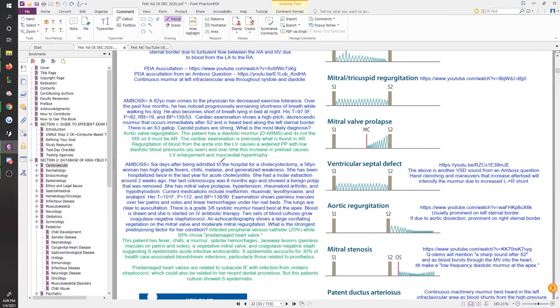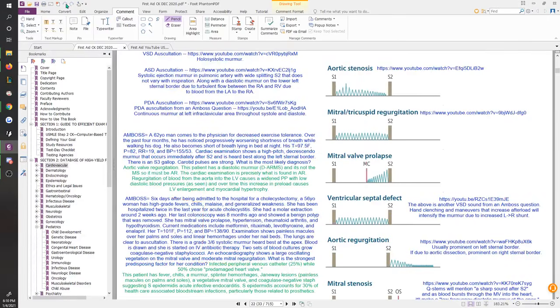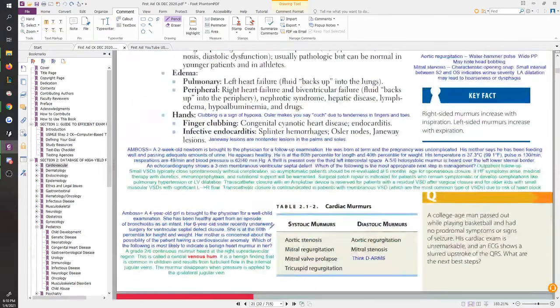Now, Amboss does a good job of doing what the actual CK does and what real patients do, which is they come in and they tell you their life story. Look at how big this paragraph is. The same thing is going to keep happening over and over. When you start doing your CK questions, it is very rare to get a small question like this. And if it is a small question, I usually get scared because it's going to be about a topic you might have never heard of. Like this question was actually something I had never heard of, which is the venous hum that you can hear in pediatrics of a 4-year-old girl.